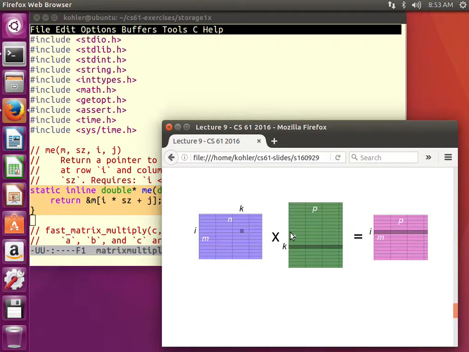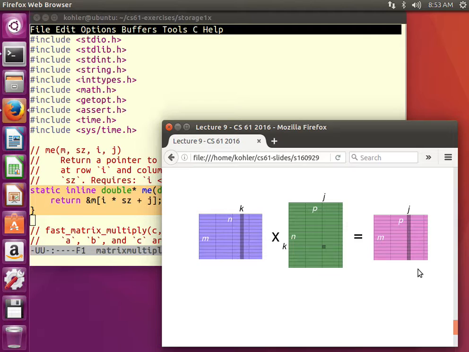In our good order, we're going to access one cache line in A, 125 in B, and 125 in C. So that's just 251 cache lines. That's roughly a quarter of the number of cache lines as the initial order. And in our bad order, we're accessing 1,000 cache lines in A, 1 in B, and 1,000 in C. So that's 2,001 cache lines. That's roughly twice as bad, which is what we saw. We saw a result that was roughly twice as slow as the original order.